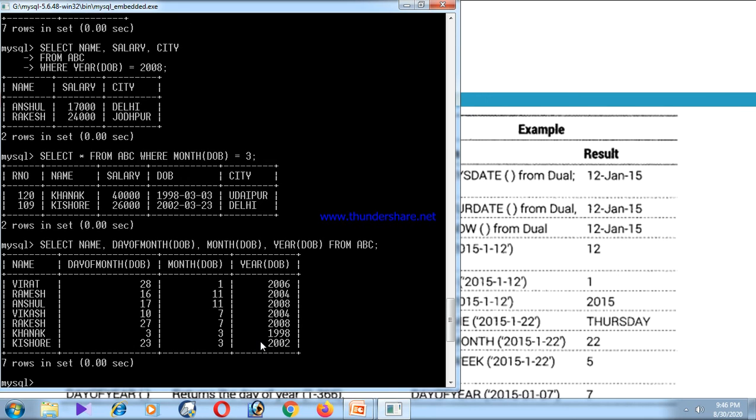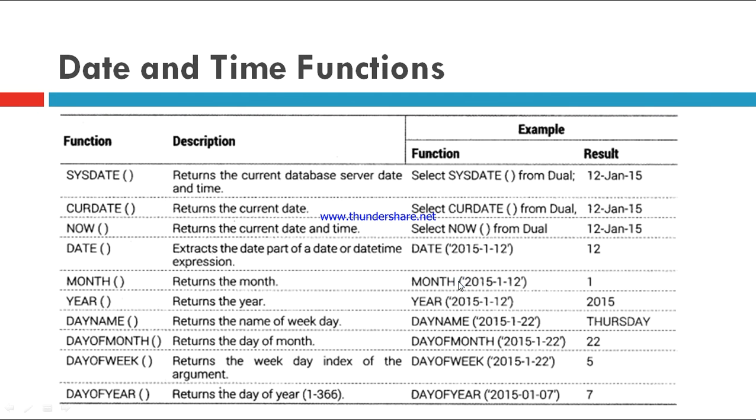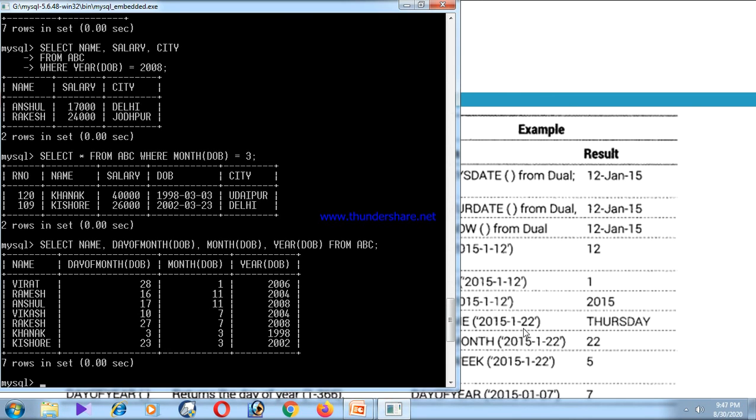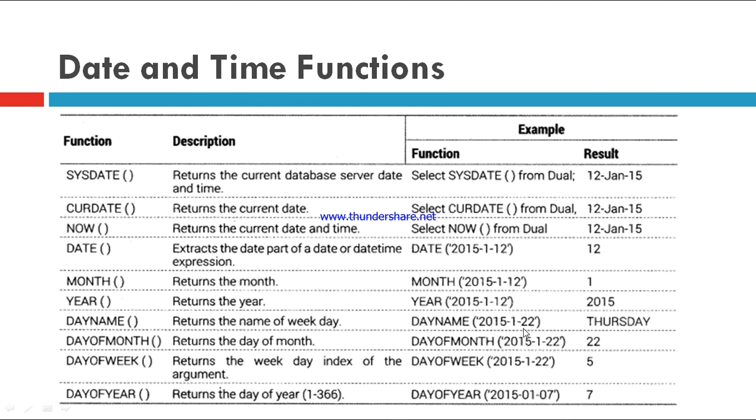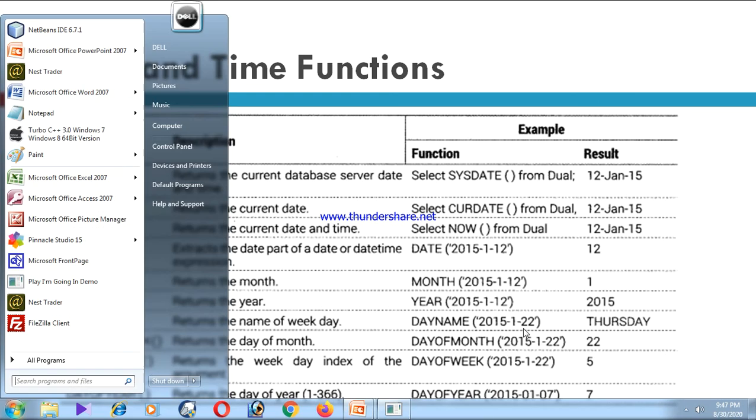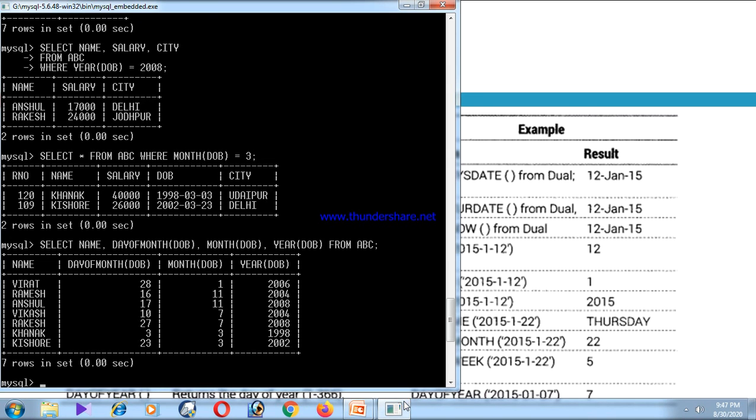Right? If you want to show the weekday, then the function is dayname. Check it out. Dayname. Here you can find out the specific weekday from the record, Thursday. Just check this one. The function is dayname. And now in MySQL, check the output.